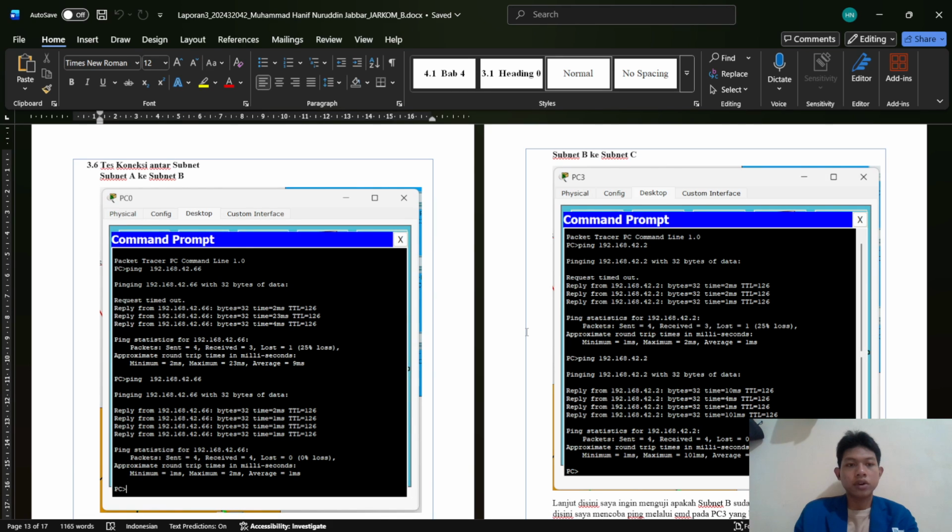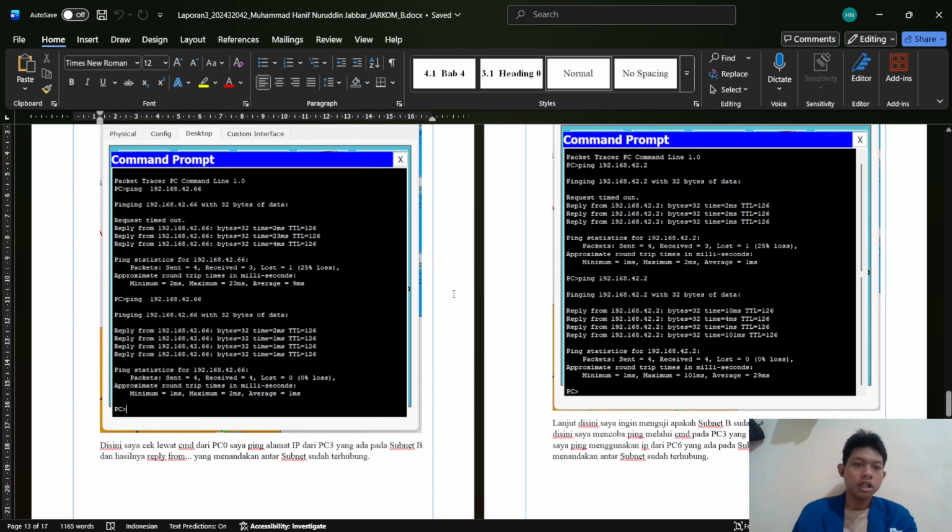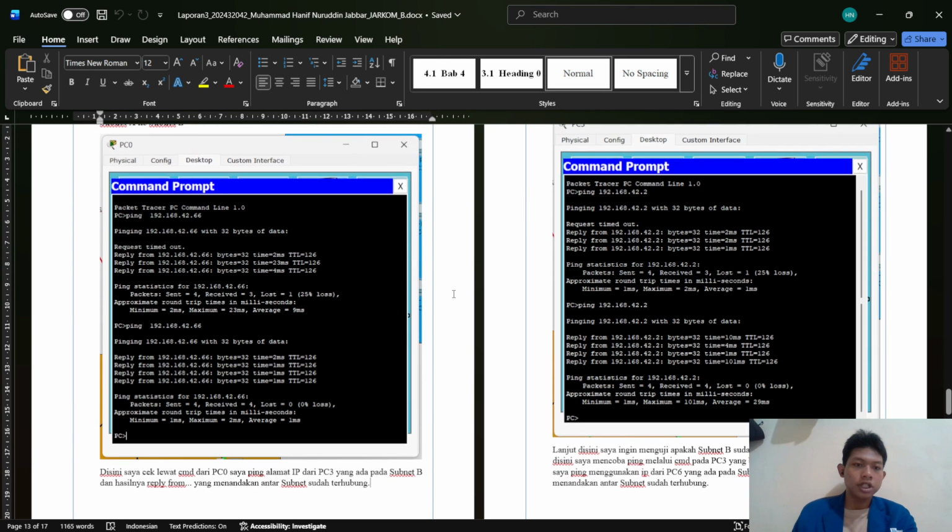And the last step, I will test connection for every subnet. First, I test connection for subnet A to subnet B, and this output is okay. I test PC0, make CMD.